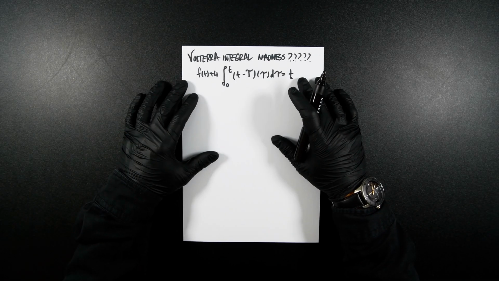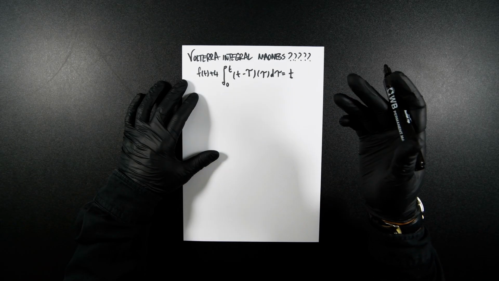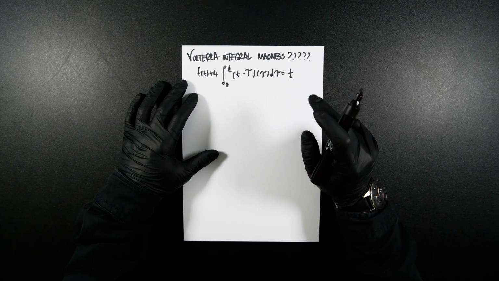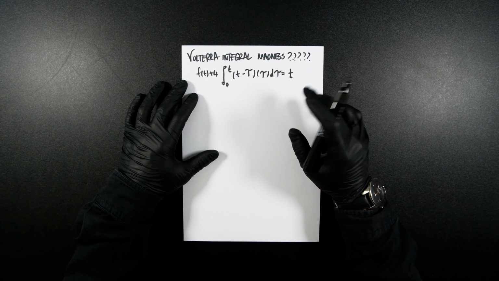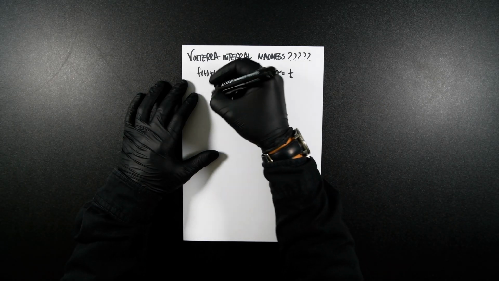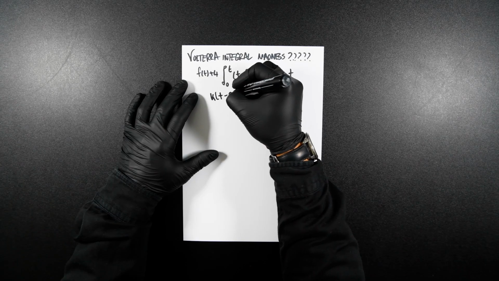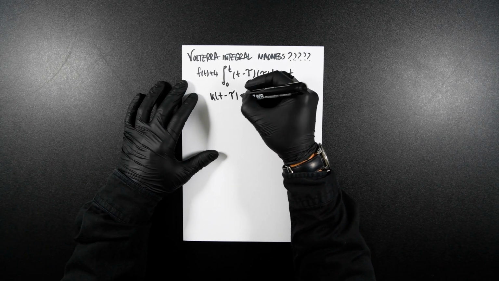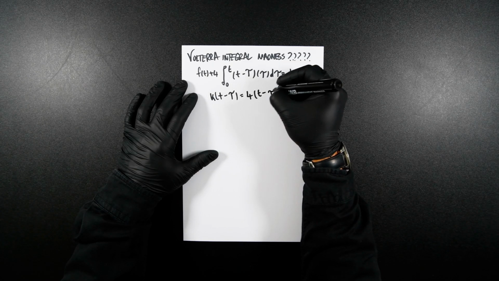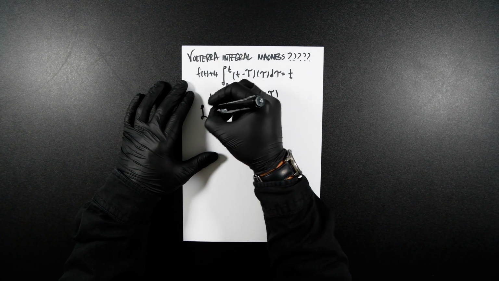Right, so let's solve this integral equation for an unknown function using the Volterra integral. I don't know if you're meant to roll the R's, but we're going to roll the R's. So as a Volterra integral equation of the second kind with a convolution type kernel of k(t minus τ), we're going to call this one the squiggly boy τ, which equals 4 (t minus τ), and then another squiggly boy τ there. We know that the Laplace of a function